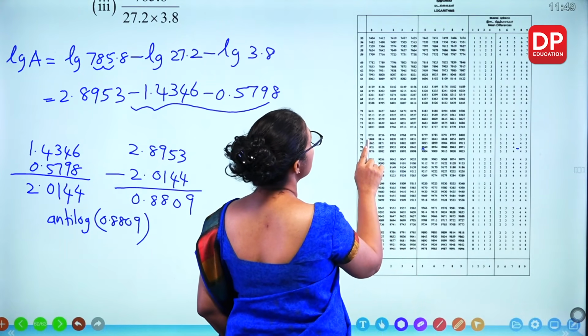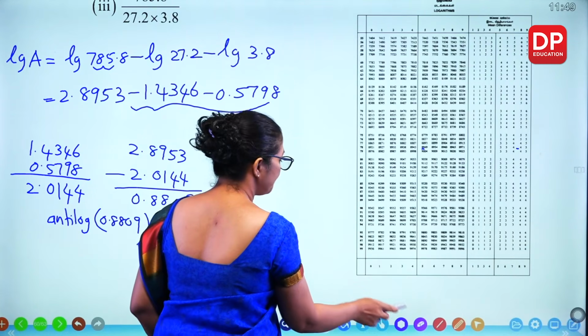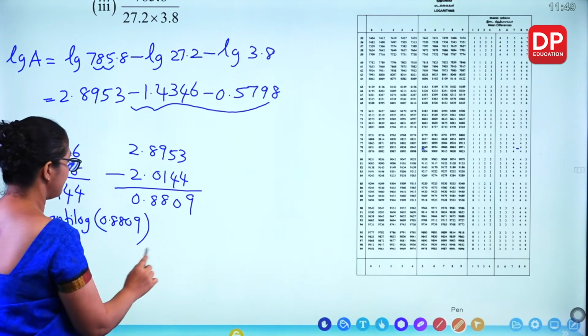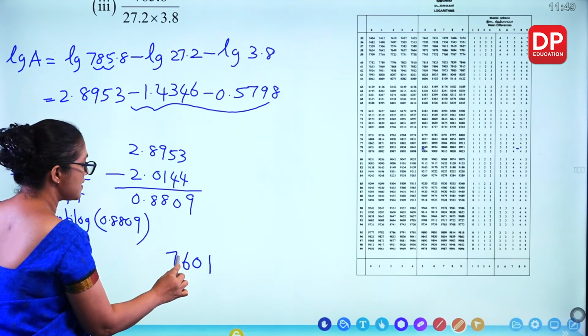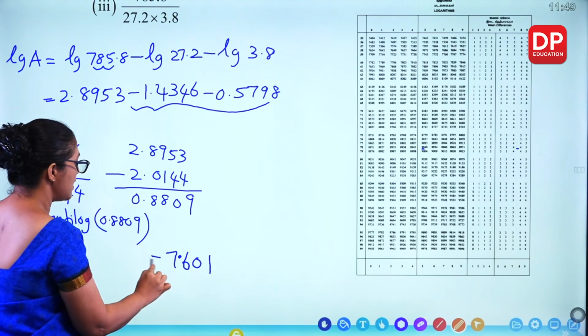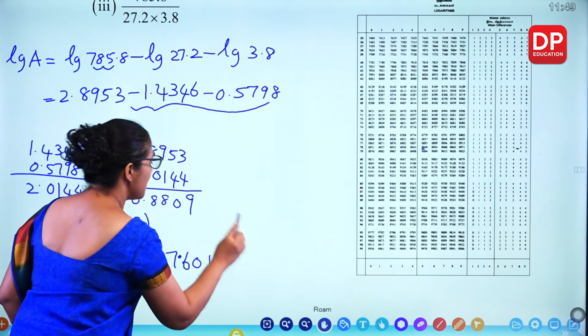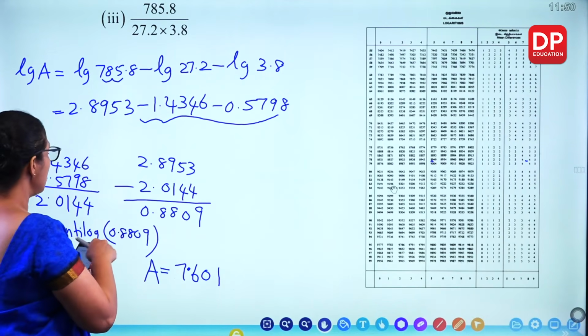Zero 8 is there. 76 0 1. And this is 0, that means 7.601 is the answer. Now we'll see with the calculator. So when you use the calculator, you get